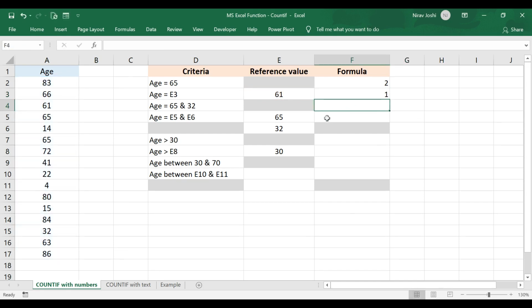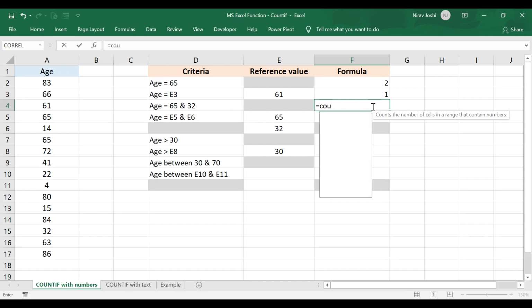Next, if we want to calculate the total number of cells which have two different criteria, like the number of cells which have 65 as a number and the number of cells which have 32 as a number, we will simply add two different formulas.